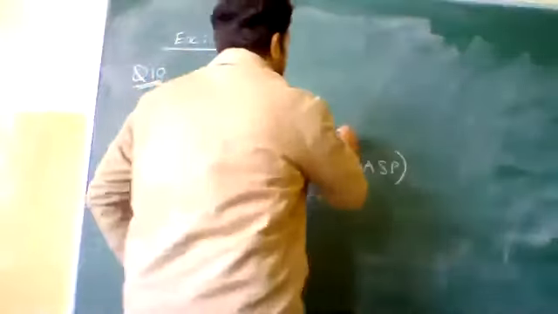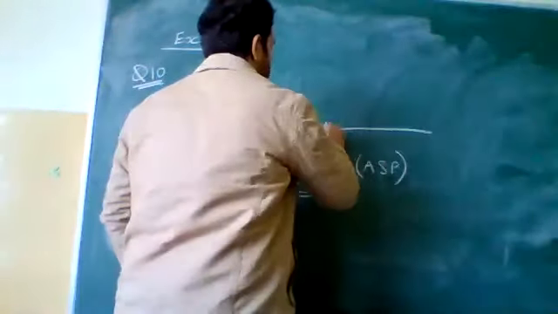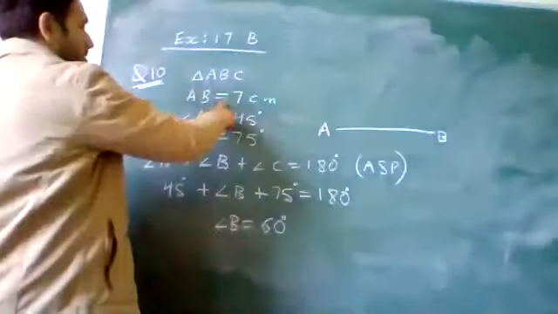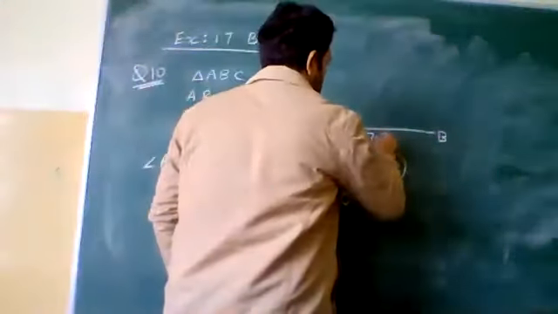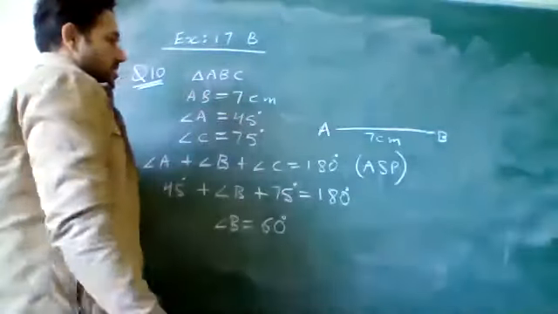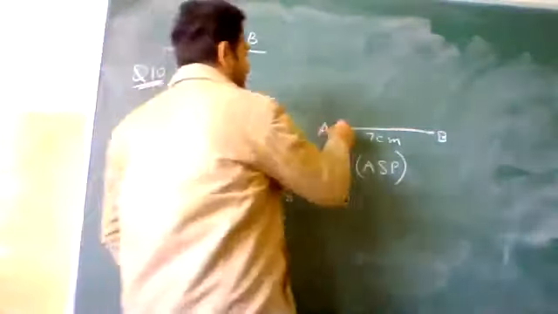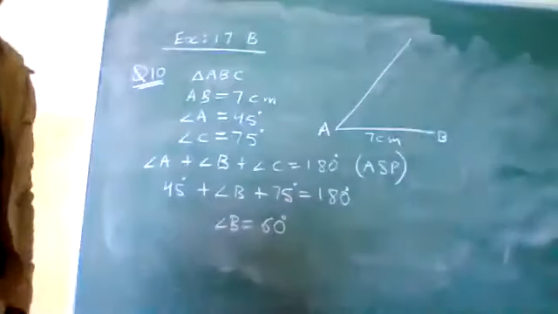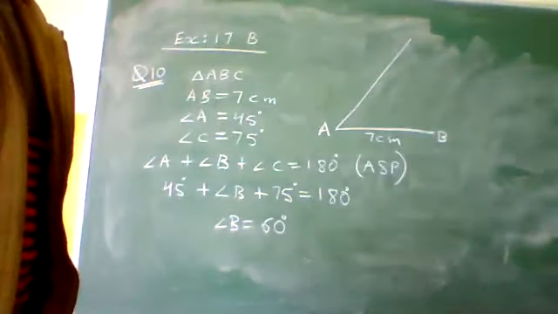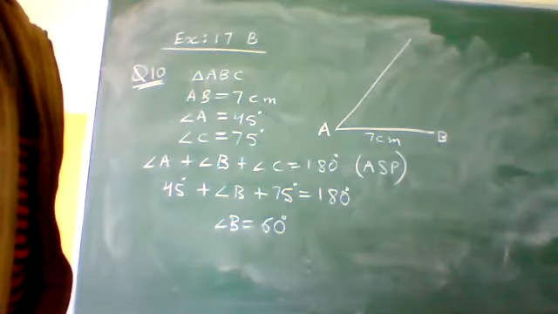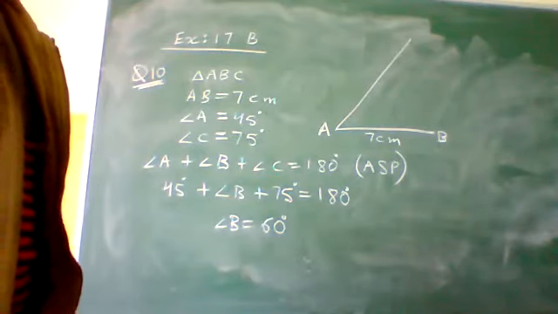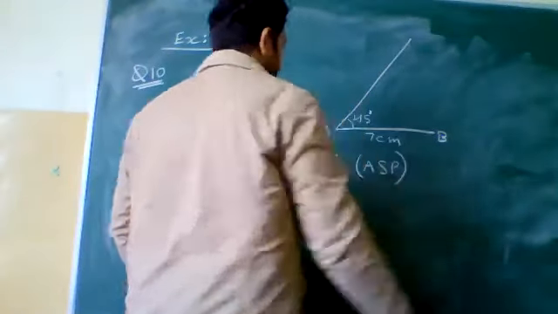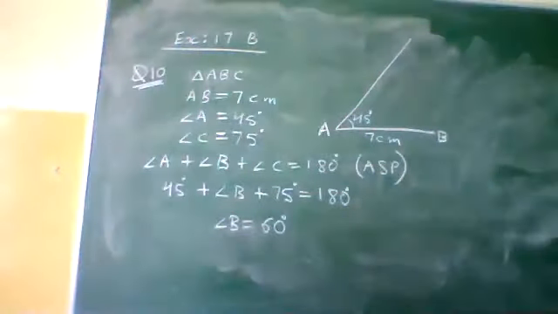First, you will draw AB as the base. Draw AB in the base, then construct angle A 45 degrees. So मैं direct बना दे रहा हूँ. I am making it directly. You have to construct it using compass. So 45 degree angle A बनाएंगे. This is 45. And then construct angle B 60 degrees.